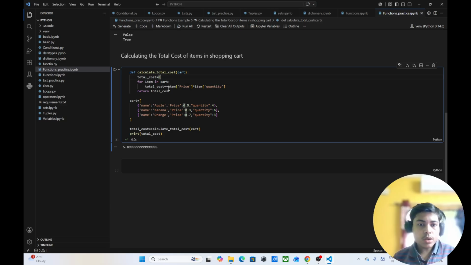So total cost current value will become 0.5 into 4 plus 0. Now that value will get the current value of total cost. Now once again when the item will move to the next set of dictionary or next segment of element, it will again go into this price